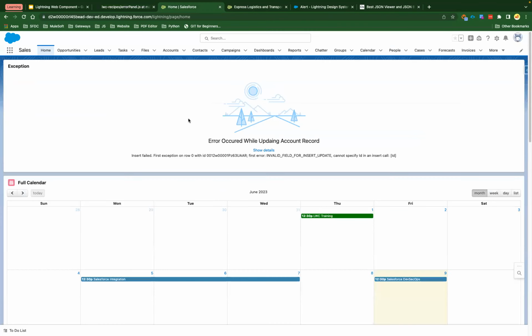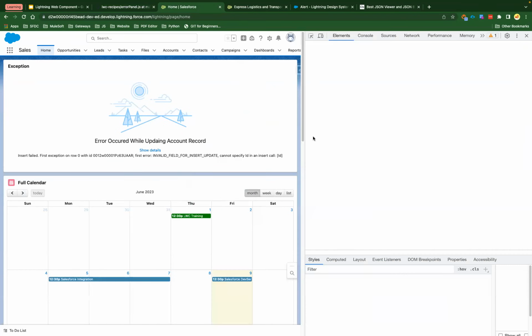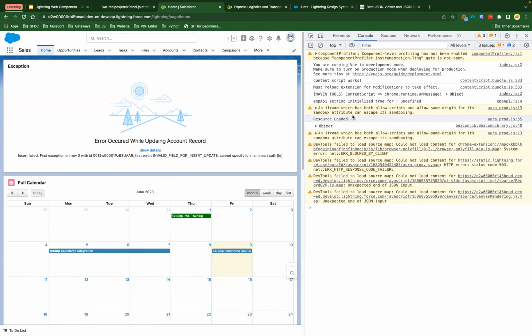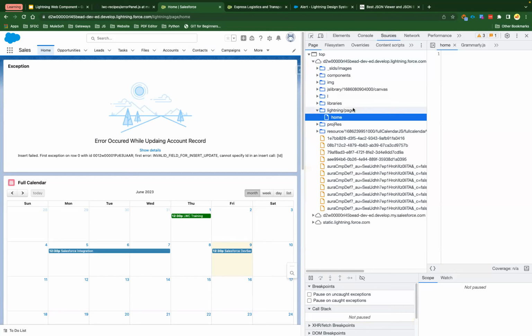Lightning Locker service, and I think they have recently come up with another security, that is Lightning Web Security. Because of that, it tries to mask the component so that some intruder or some hacker can't get the link. Maybe this component is being used in a public community, so there is a possibility they can get into our system. Because of that, Salesforce is trying to mask everything with the help of different securities. And I believe one thing that Rohit shared with me earlier is that now, because of Lightning Locker service and LWS, Lightning Web Security,